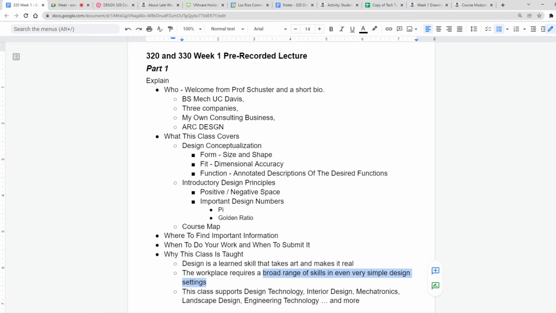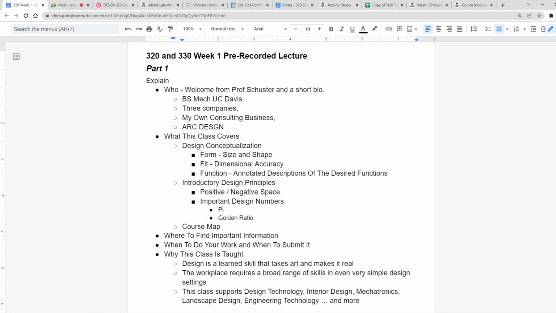Then we would have to work with the spring people who made our springs and the seal people that made our seals for us. And we even had to work with the steel providers because sometimes we couldn't get exactly what we wanted. So there's a huge range of skills. We're going to let you touch many of them as we work, but enough so that you're really technically competent.